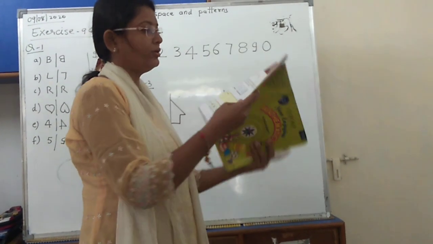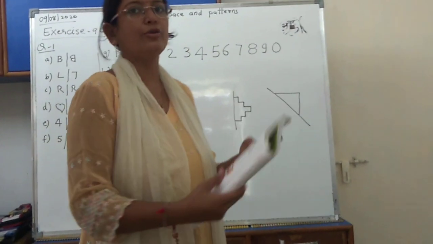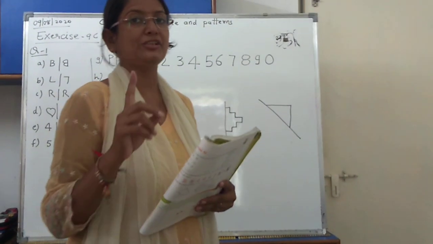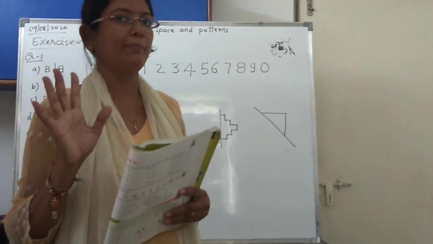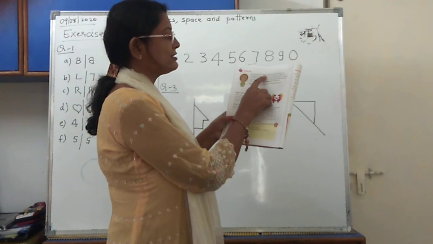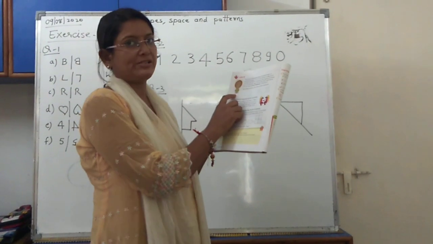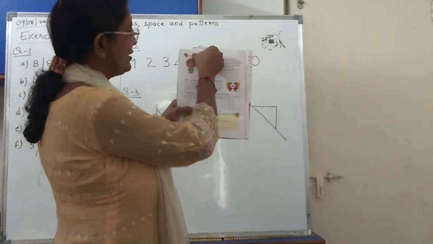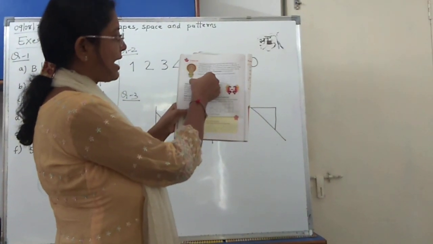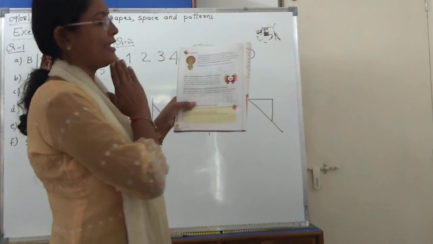Now turn to the next page, that is symmetry. Two different words you have to understand. Reflection is the mirror image of any picture. Symmetry: this picture, can you see? It is a Kathakali dancer's face from Kerala, and it is a symmetrical picture. Why? Because if I draw a center line in between, then exactly both the sides are the same.